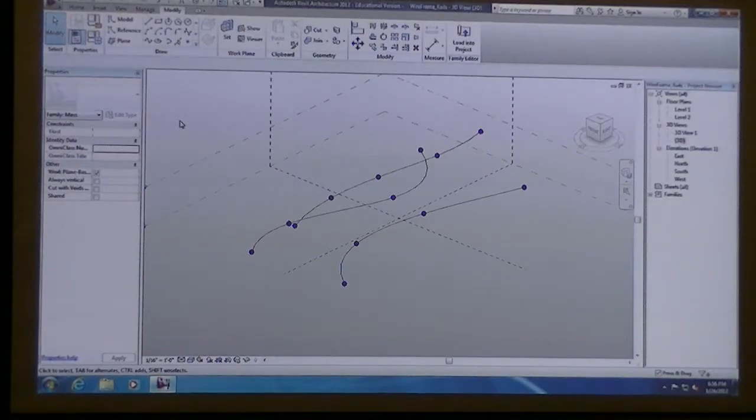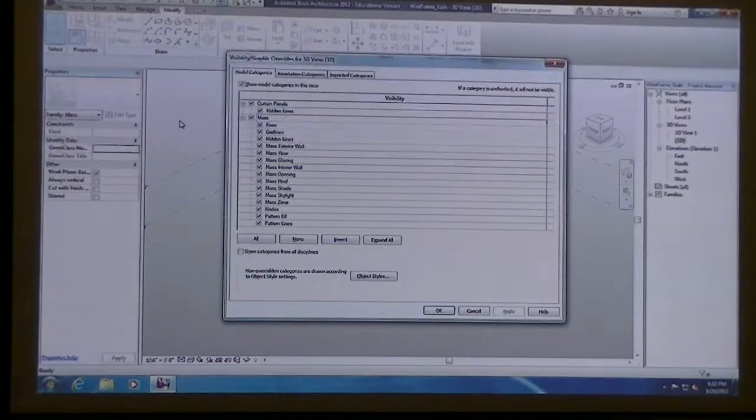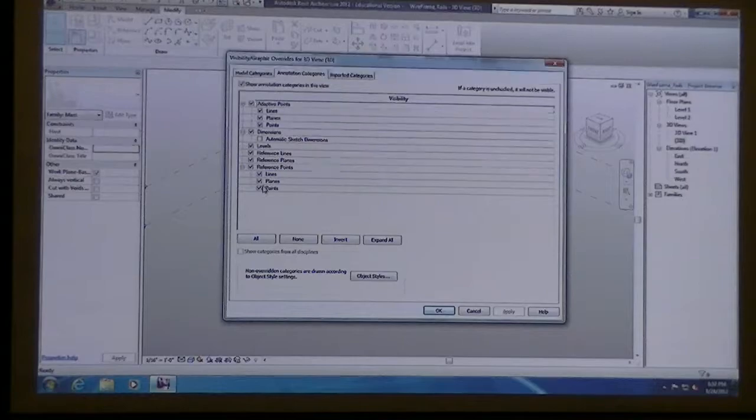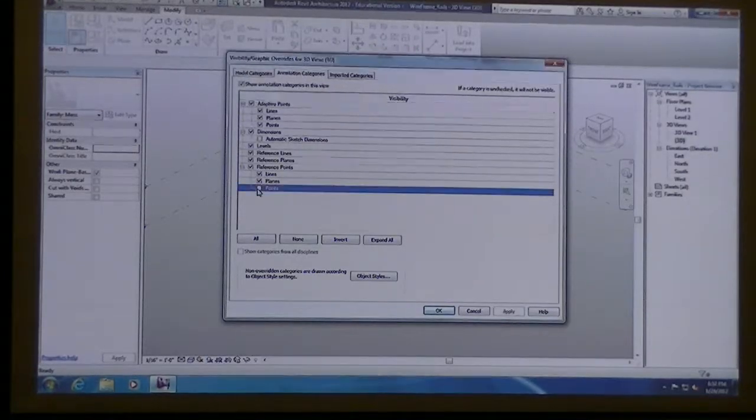And I'm going to type in VG, V as in Victor, G as in girl. I'm going to click on annotations and turn off my reference points. So down at the very bottom, there's reference points and then points. Turn off the one that's at the very bottom, just called points.